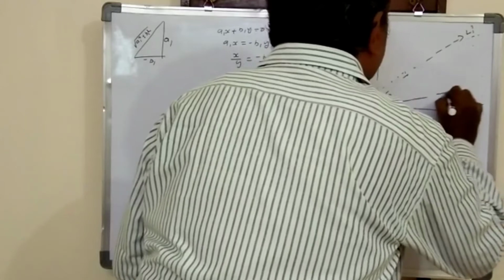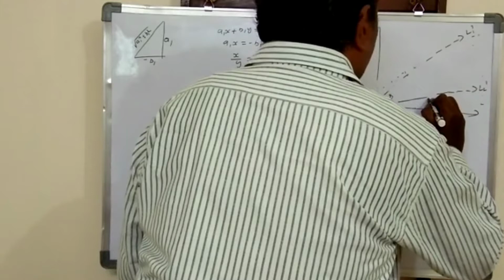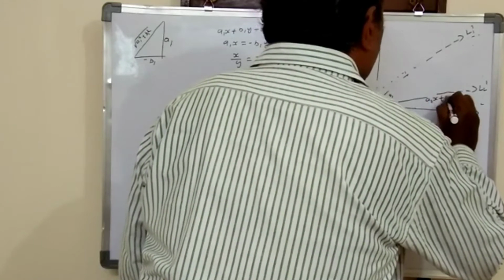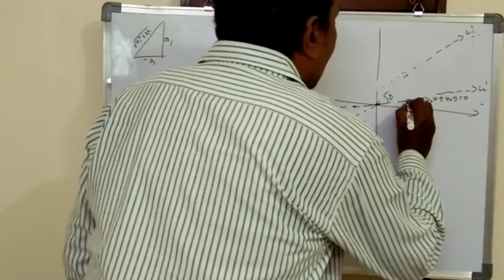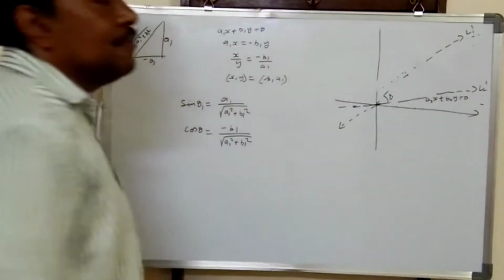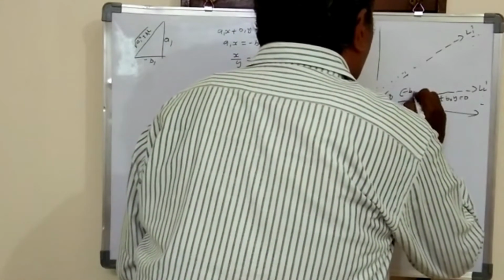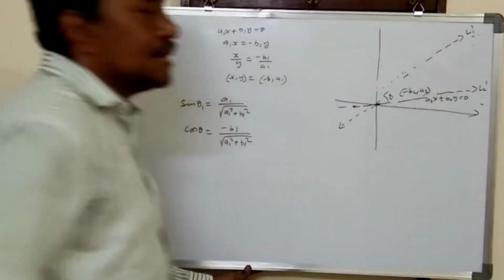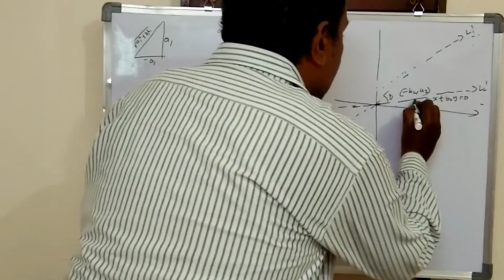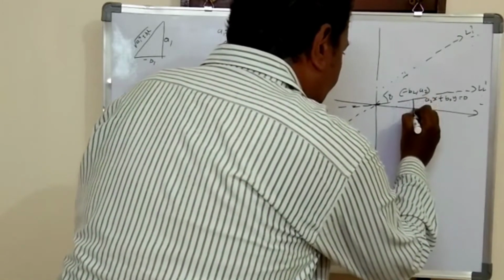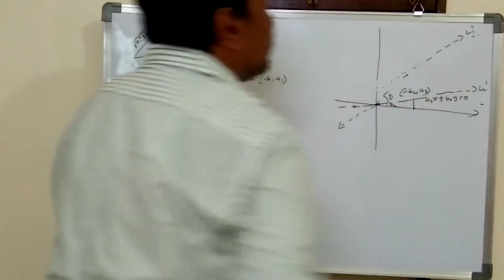Okay, this line, L2 dash. What is the equation of L2 dash? a2x plus b2y is equal to 0. As usual, you take a coordinate through which L2 dash is passing. That becomes minus b2 by a2. Just like L1, we'll get L2. Now you take this point and you draw a perpendicular line. Again, we got a right angle triangle. You take this angle as theta 2.